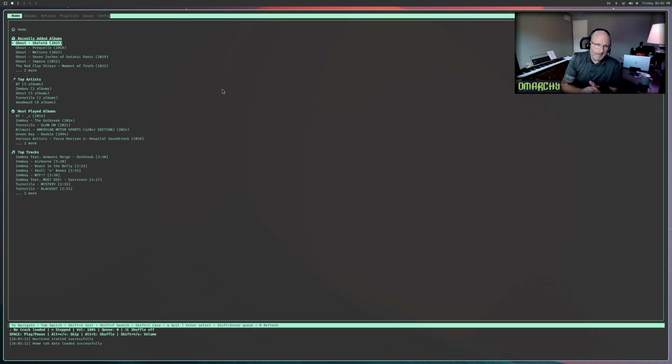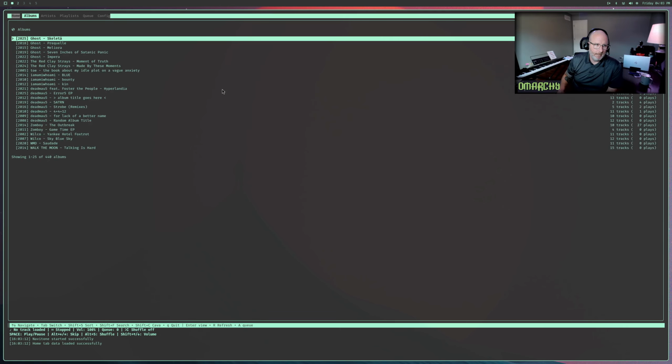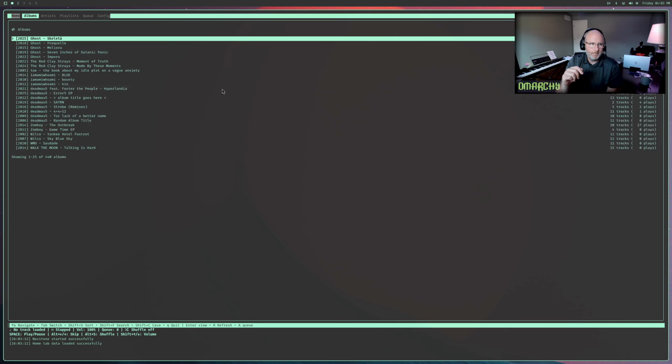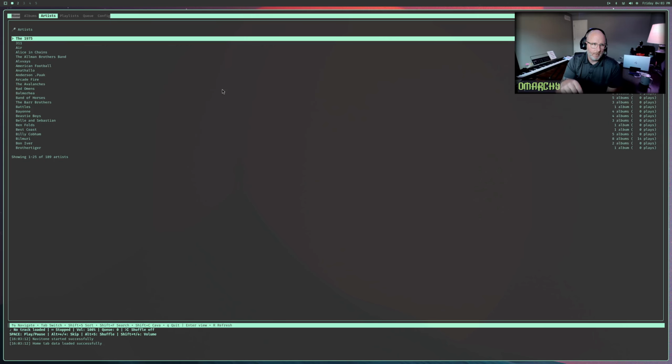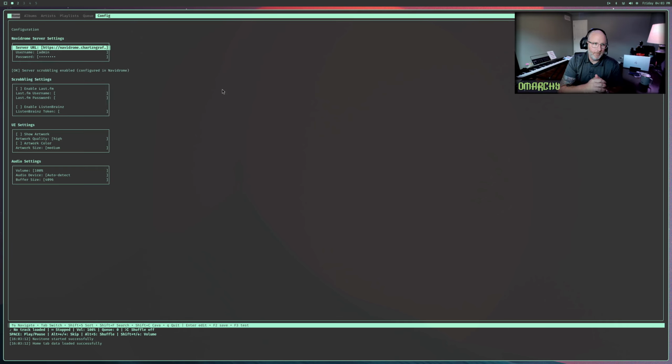It's a tabbed interface, so if you tab across the top, it'll take you through the home tab, which is just a quick overview of top artists, most played albums, stuff you might want to access very quickly. Then you have an albums tab, an artist tab, a playlist tab, which we'll talk about later. You have the queue, your play queue, and then your configuration where you put in your